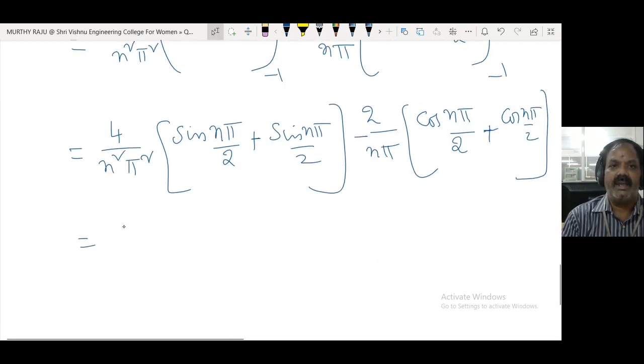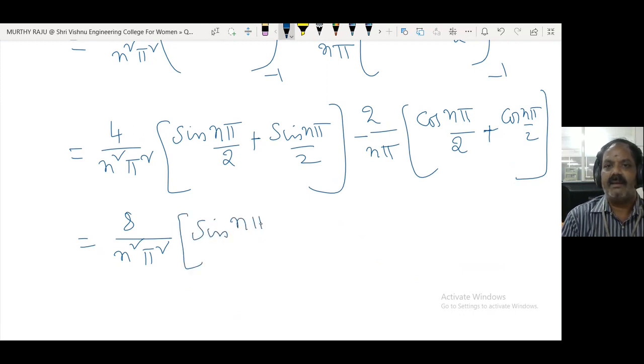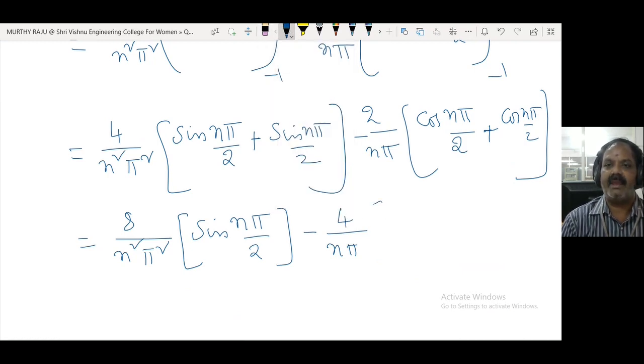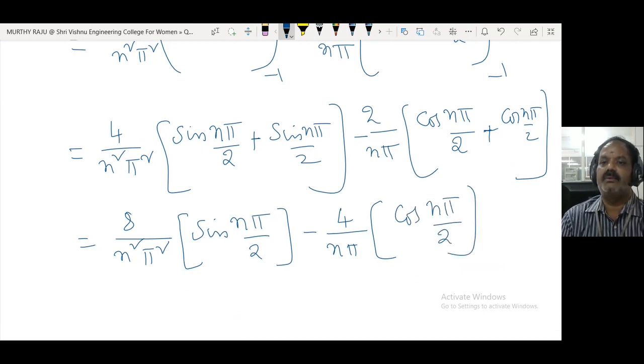8 n square pi square sine n pi by 2, minus 2 by n pi into 2. 2 into 2 is 4. So we get 4 by n pi cos n pi by 2. That is